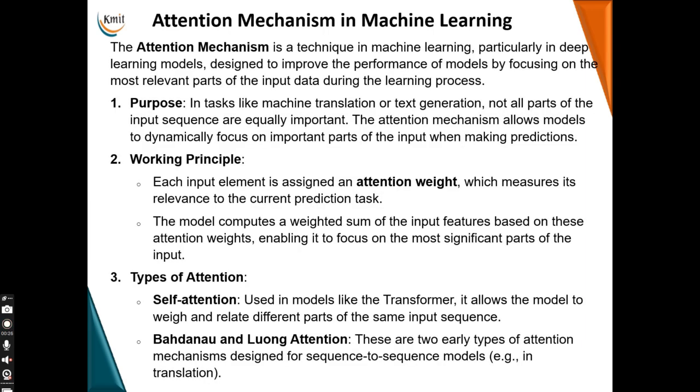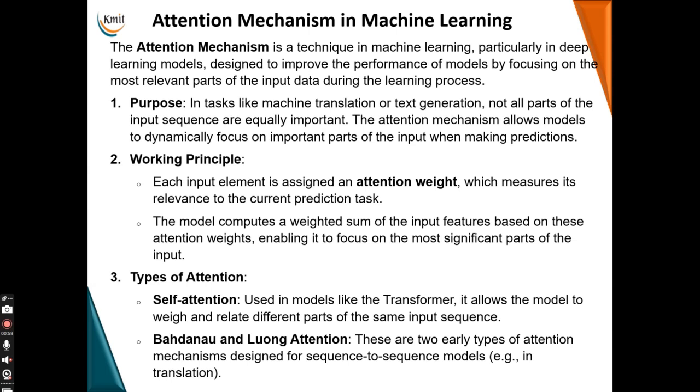Let us have a quick introduction of what exactly is attention mechanism. The attention mechanism is a technique which is used in machine learning. To be specific, it is used in deep learning models, which will try to improve the performance or accuracy of a model by focusing on which input parameters are important or relevant for the output to be